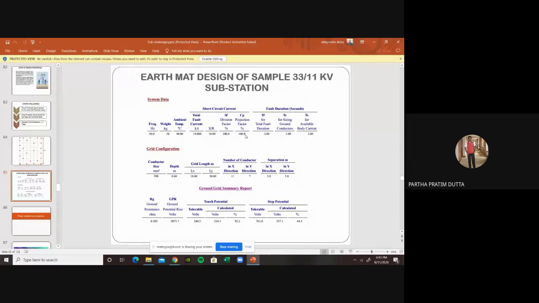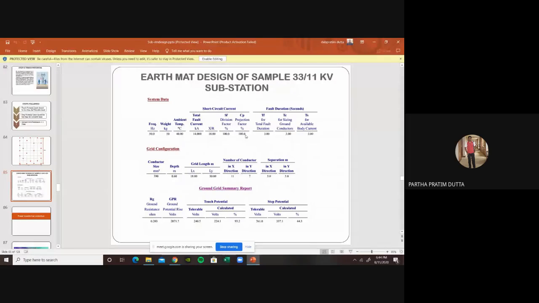Why it is 100%? We are considering that the feeding substation, the EHV substation, 132 by 33 kV substation is just beside the 33 kV substation. Although it is 20 kilometer apart, if it is 20 kilometer apart, fault level will be much lower. But we are considering that in the future, maybe another EHV substation may be coming up very nearby to the 33 kV substation. In that particular case, the fault level will be much higher than the calculated fault level right now. But in that case, we can't